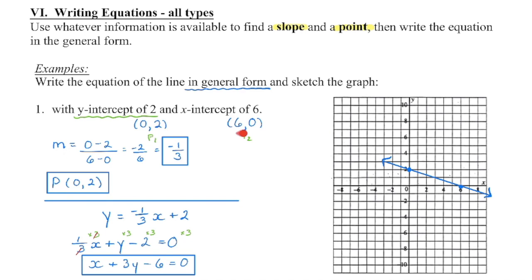Now we know that we can calculate the slope if we're given any 2 points on a graph. So I'm going to calculate the slope first of all, and then because in this particular question I'm given the y-intercept, I can start with y = mx + b. So my y-intercept is the b value, and this is my slope, the value of m.